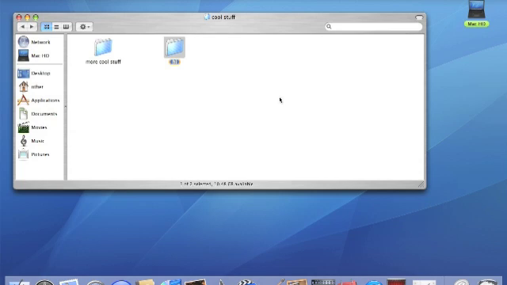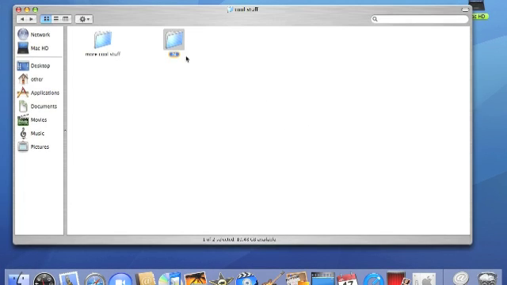So essentially, this is your Finder. Finder is a very cool tool that I use all the time, and you can resize it